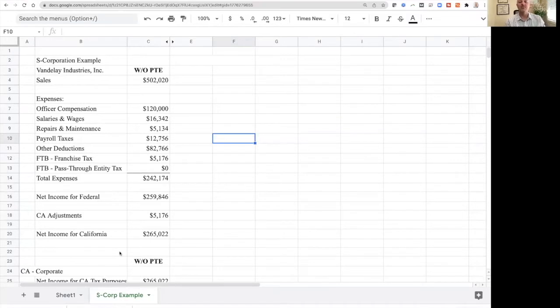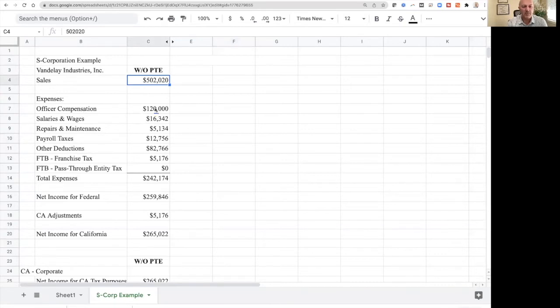Okay, so let's dive right into it. Let's assume we have Art Vandelay, who owns Vandelay Industries, and it's an S corporation. In this case, with Vandelay Industries we're going to do a couple scenarios. In this first scenario, Vandelay Industries has not decided to elect the PTE tax, which is a pass-through entity tax,